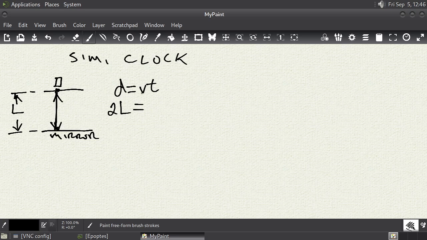Okay? And the velocity, well, this is a laser beam, so the velocity is the speed of light. And the t, well, that's t naught, because we're measuring something in our own reference frame. So it travels this distance 2 times L, the velocity is c, and the time it took is the time in our own reference frame, so it's t naught. Okay, great. So far, so good.